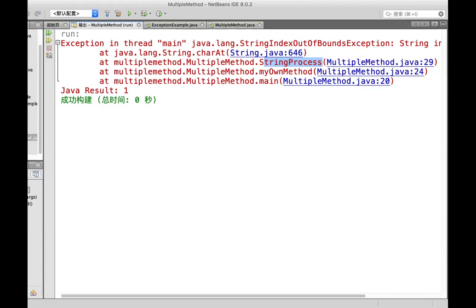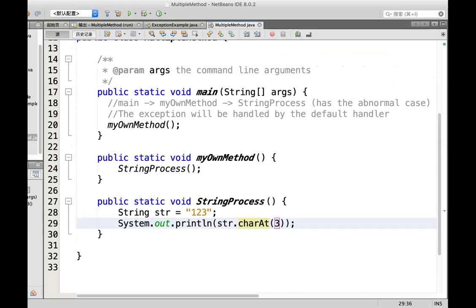Okay, so the string process wants to call the charAt method. This is the last called method, the charAt method, and at this moment it caused the problem. The problem's name is string index out of bounds exception. If there's no one to handle this problem,